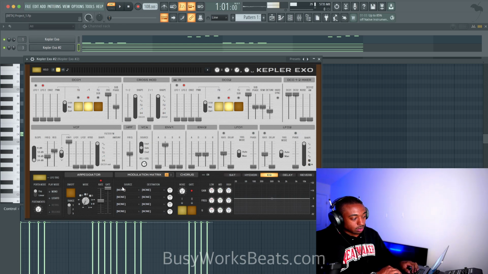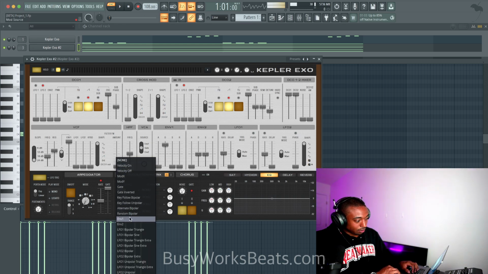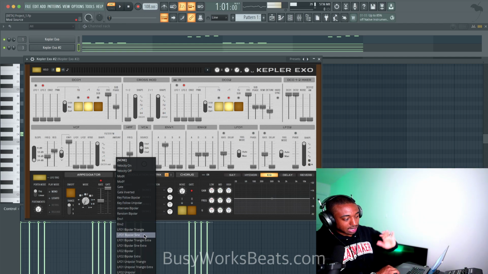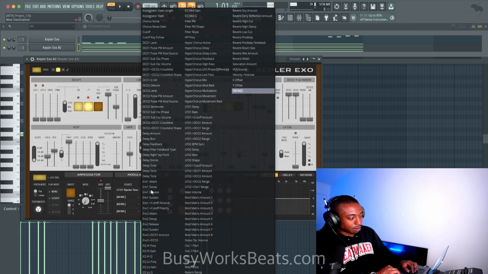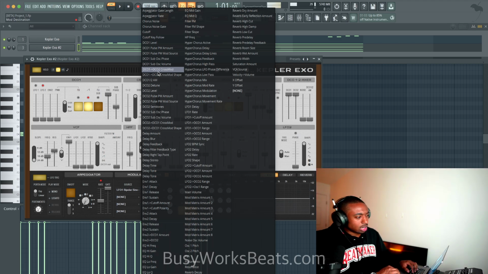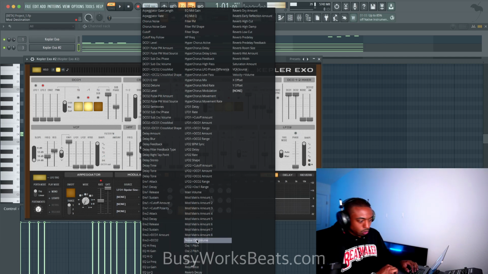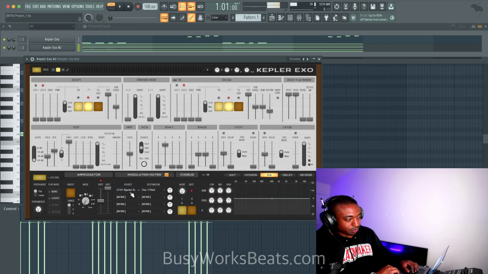And so what we're going to do is go to the mod matrix and select LFO 1. We want a bipolar sine wave, meaning up and down sine wave, to control something. So let's control the pitch, and let's see what that's called in here. Let me see. Oscillator 1 pitch, and then we need to turn the amount up with this knob here.